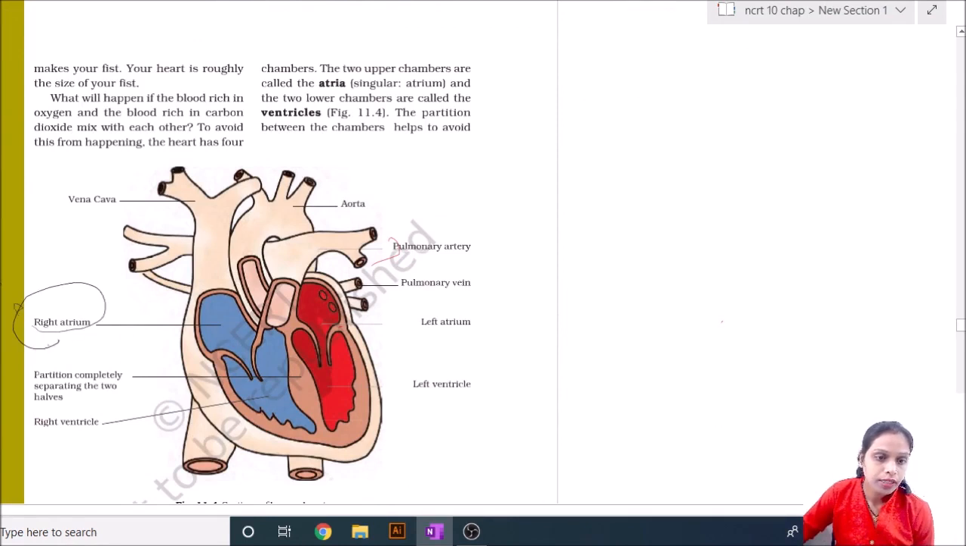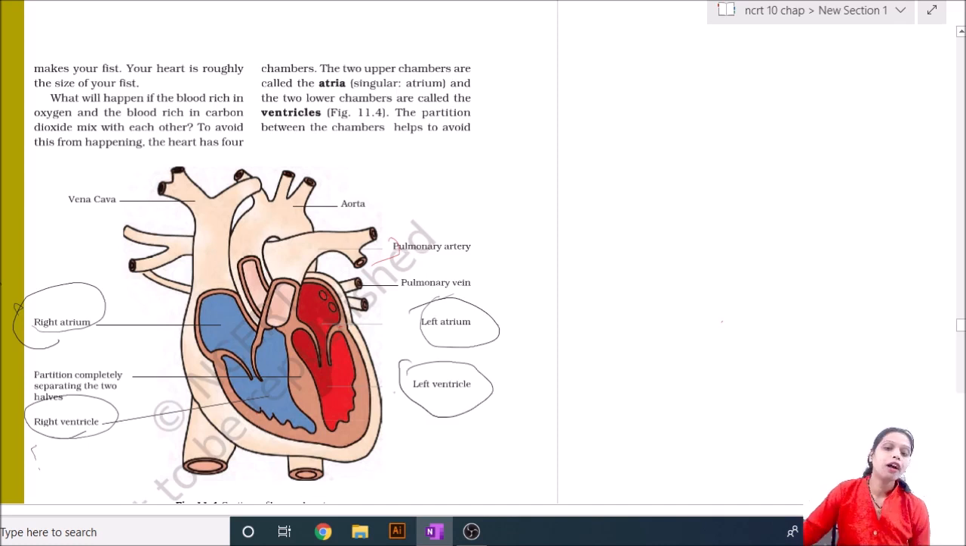This is the right atrium. This is the left atrium. This is the right ventricle and this is the left ventricle. Then there are four valves in our heart. What happens? The deoxygenated blood comes through the vena cava and comes into the right atrium, and ultimately